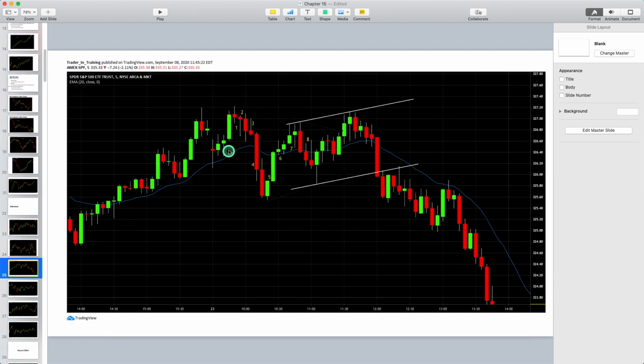Here's another example. Break below the channel, tight channel here. 2 legs up. Now, is this going to form a bull channel, or is it going to be a 2-legged pullback for a major trend reversal? And here we break strongly below the moving average, strongly below that possible trend line, and we get a full reversal. Now, that same scenario